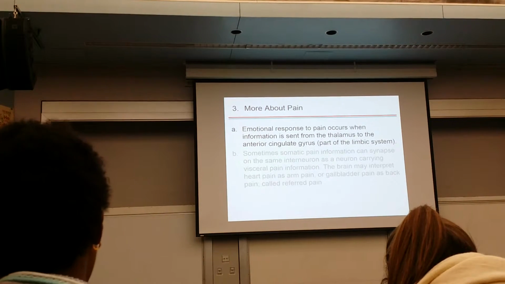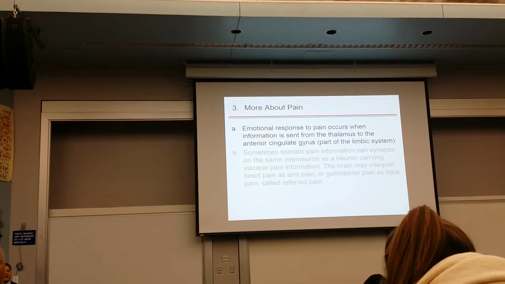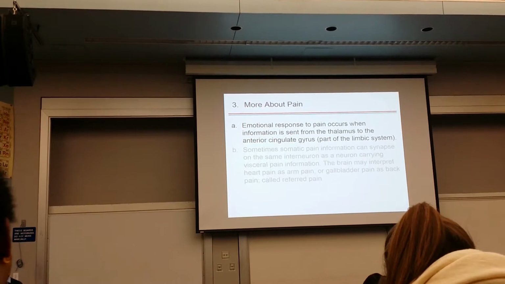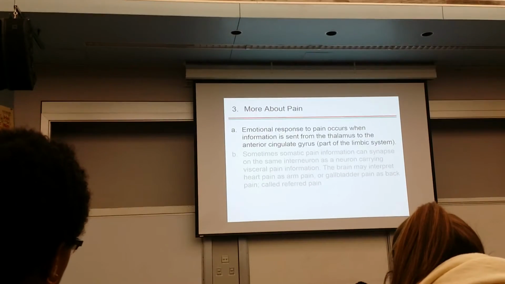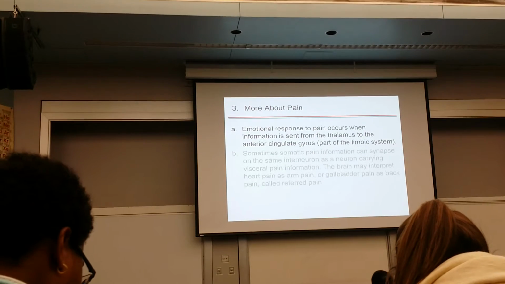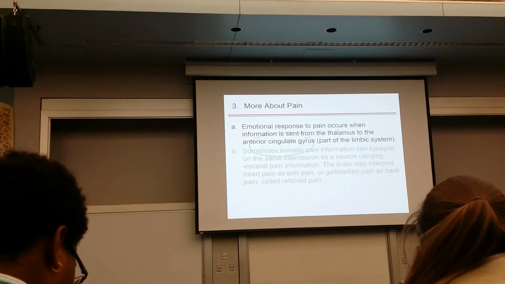All right. So basically, don't forget, I already mentioned to you that pain is also modulated because there is information that travels to your limbic system. Okay? Don't forget that. And where in the limbic system does that information go? The cingulate gyrus. That's all you have to know.